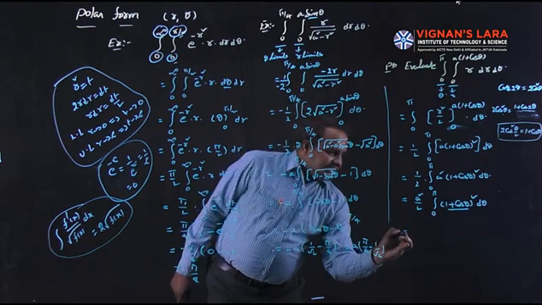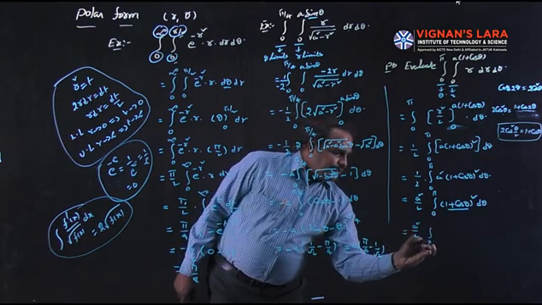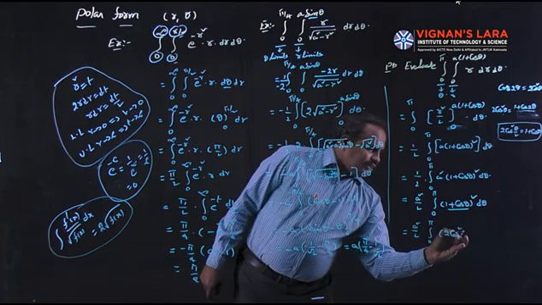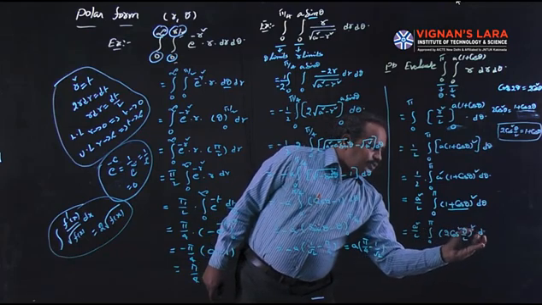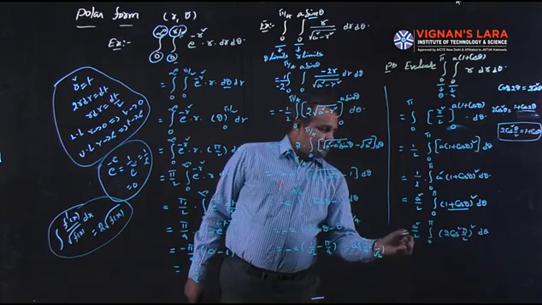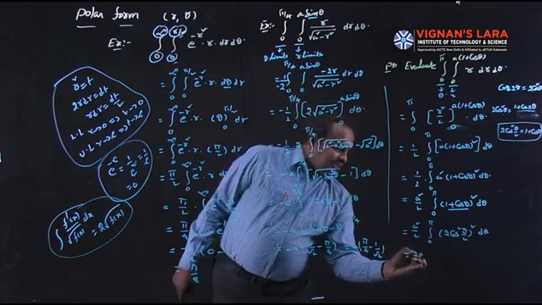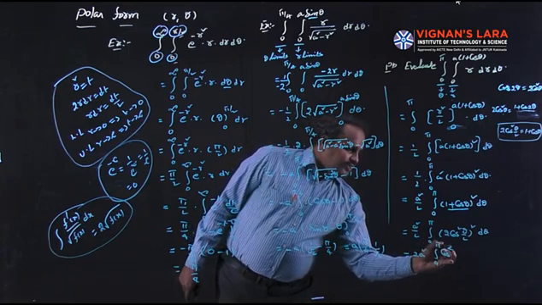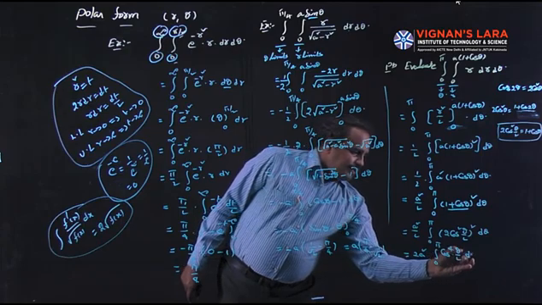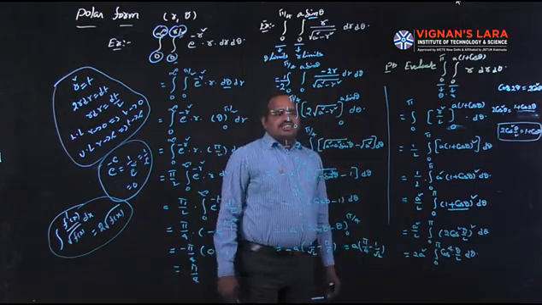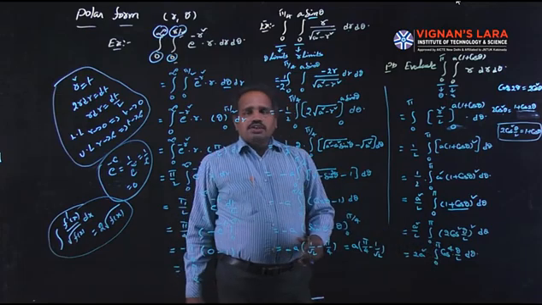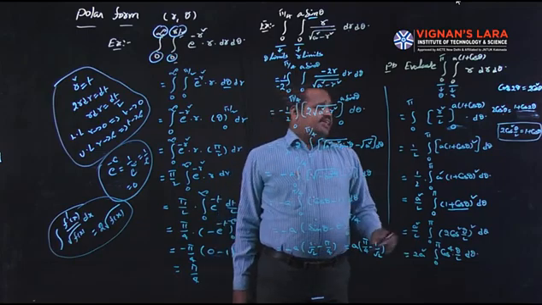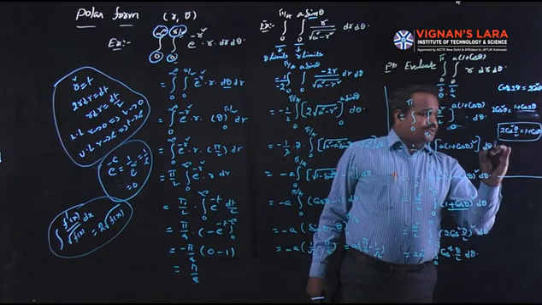So then this one changes as a square by 2, 0 to pi, 1 plus cos theta can be written as 2 cos square theta by 2 whole square d theta. 2 square value is 4. 4 and 2 getting cancelled, which is 2a square, 0 to pi, cos square whole square value is cos power 4 theta by 2 d theta. If you are using a substitution, then you will get this value very easily. What is the substitution? Theta by 2 is equal to t. So I am using that substitution here.